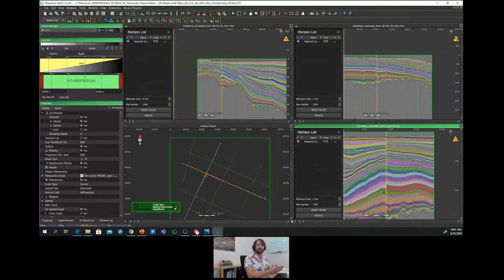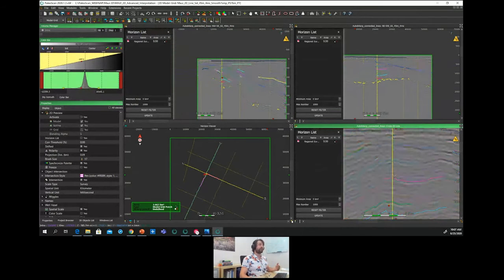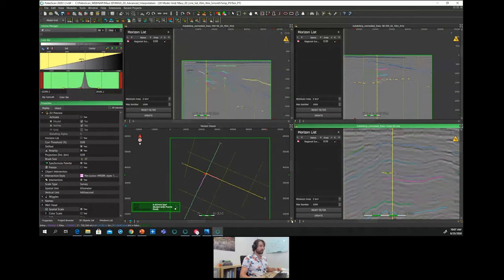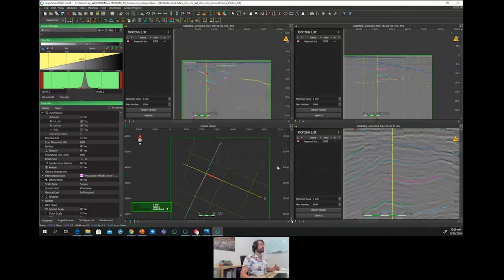So the refinement of the grid can come both from an internal QC of the model grid and an internal refinement, but it can come as well from external horizons. So after a few hours of refinement of this grid, of course, we recommend to regularly save the interpretation.